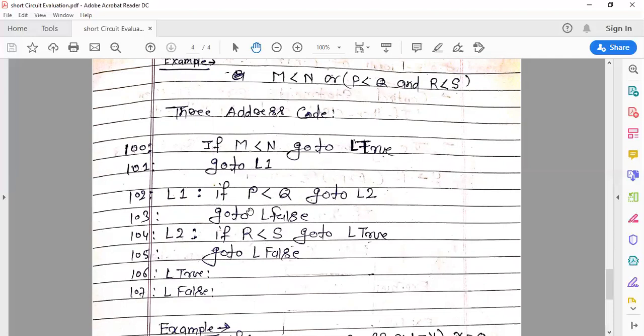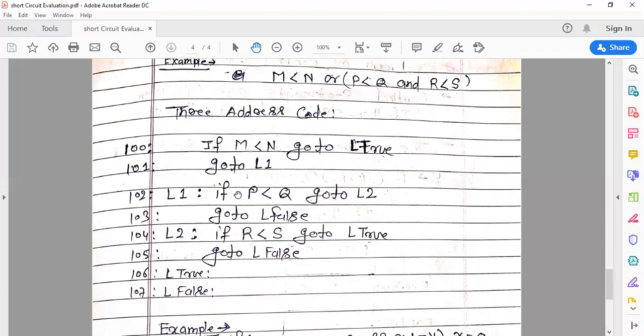But you can see here, if P less than Q is false, then go to L false. This instruction is for the false case. So the control jumps to L false. Here you can see you need not evaluate if R less than S at line 104 if P less than Q is false.